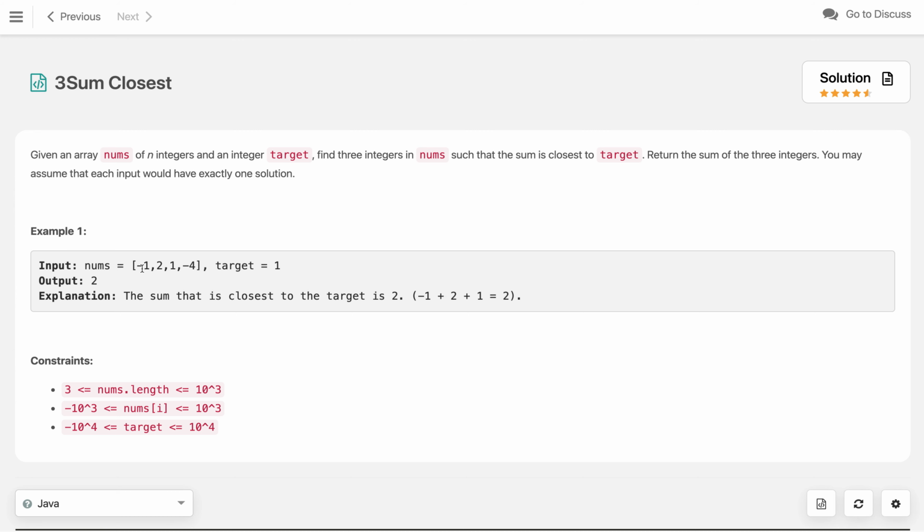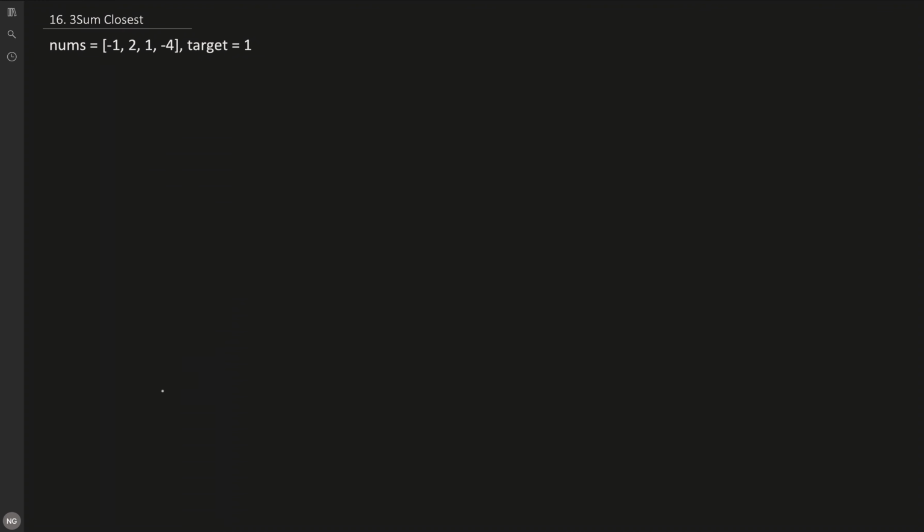So what we can do is form all the triplets. One of the easiest solutions is to formulate all the triplets, sum them up, and take the triplet whichever is closest to the target. So how can we do that? For forming all the triplets, we can just run 3 nested for loops. For i from 0 to n minus 2, we can run one loop like that.